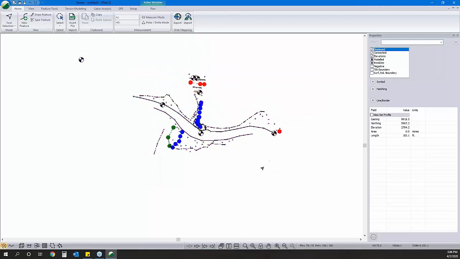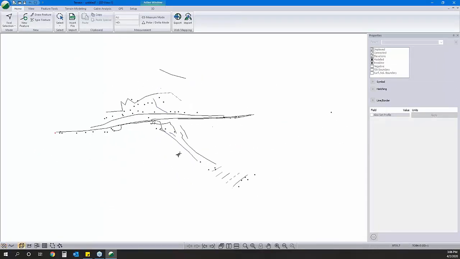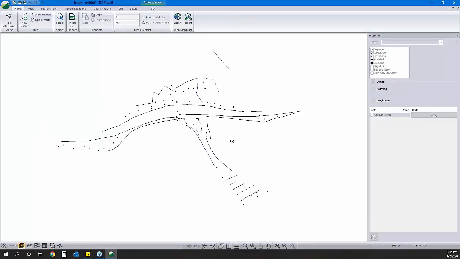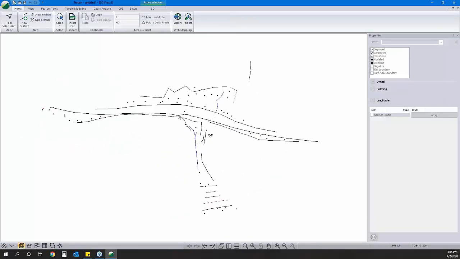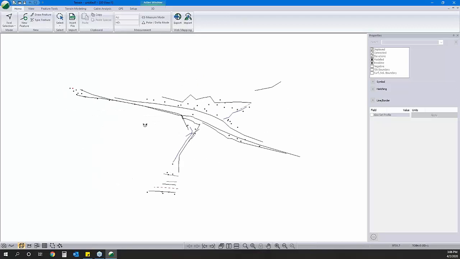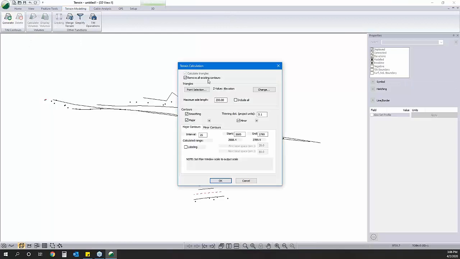So there we have it. Since our IOP file was set up well and the surveyors followed the survey standards, everything looks as it should upon being brought in. I'm in the 3D view, and we see we have lines and points, but we don't have a surface. So to create that surface, we'll come up here, we'll click generate, and then we're prompted with